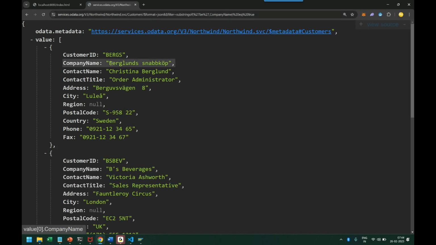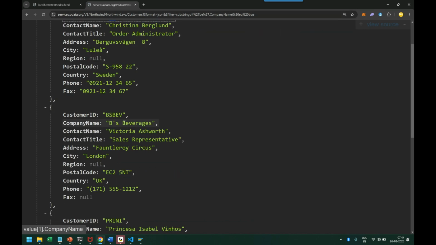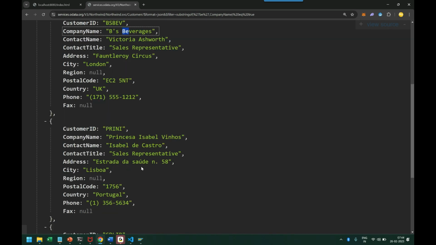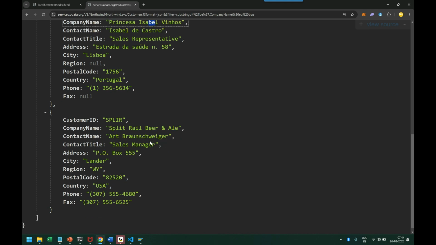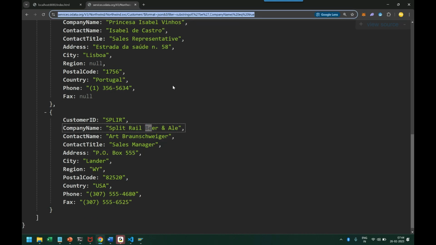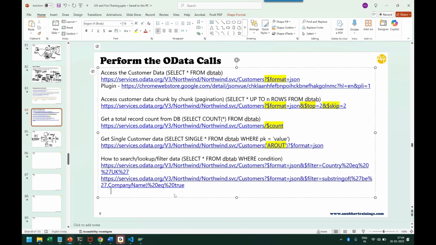Yeah, so now I got this BE, you see. Now you see this BE, and then it also has BE somewhere. Let's see. Yeah, here it is. You see BE. So all the company names where the name contains BE, I'm able to extract out by a